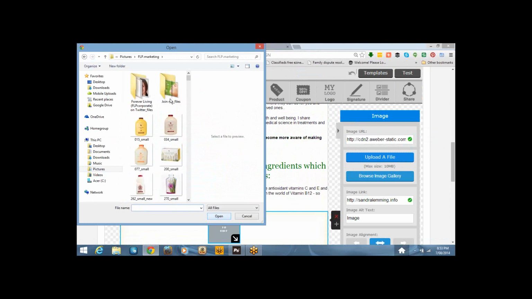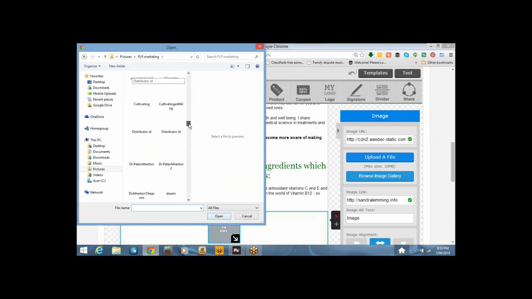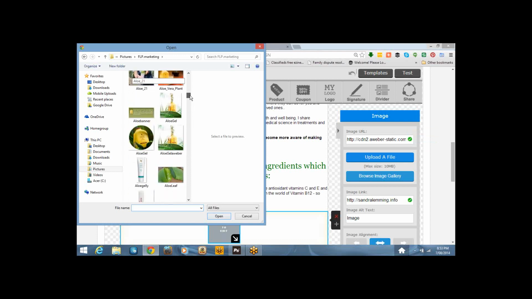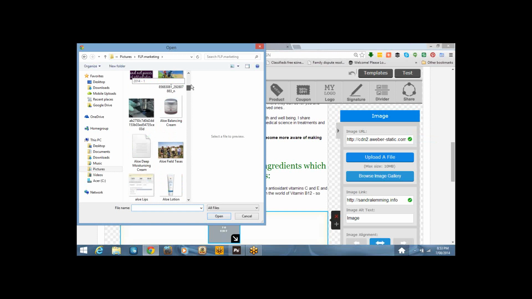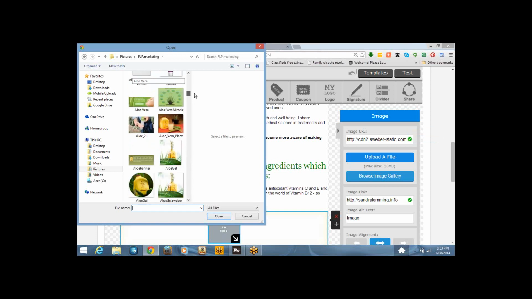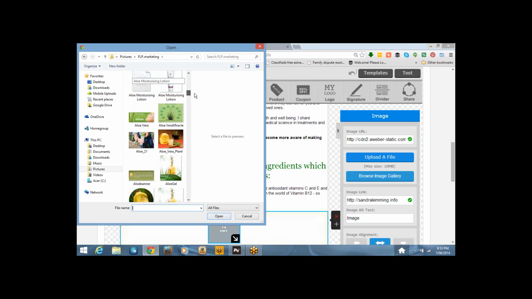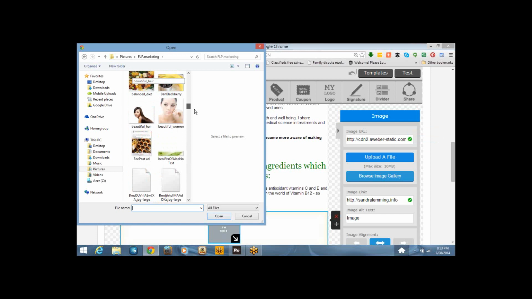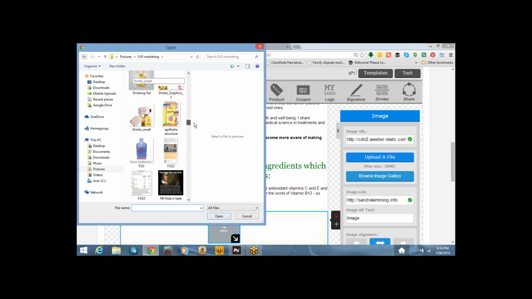See if I can find an image that'll link to the article, or at least look like the article. It doesn't really matter, you can put whatever image you want in there. It's just a matter of picking one. Go, that one there.